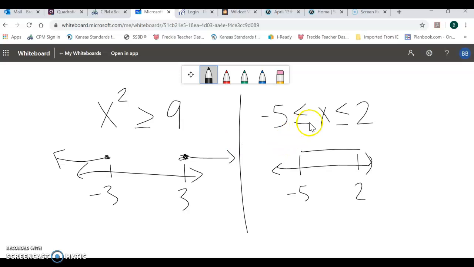And then now you have to ask yourself, what kind of dot should I use? Well, -5 would work just fine. That is a solution because you have or equal to. And 2 is a solution because you have or equal to. So you're going to go ahead and put a solid dot there, a solid dot there, and there is